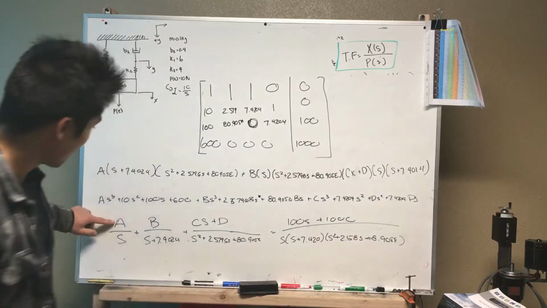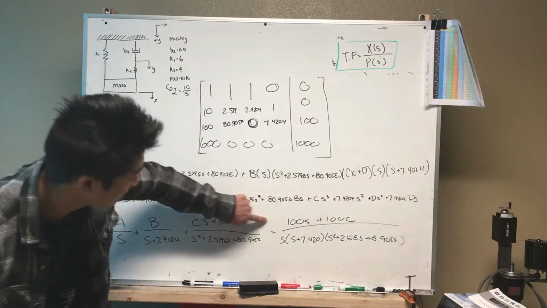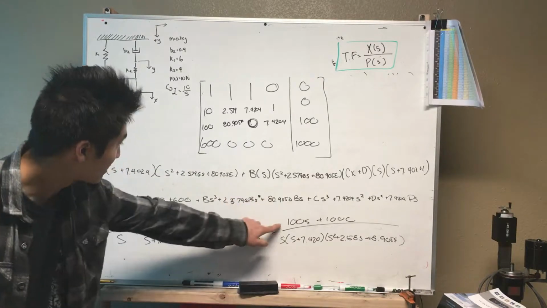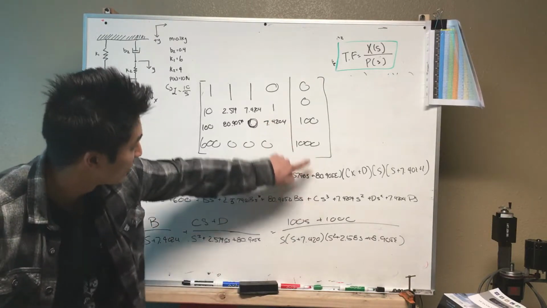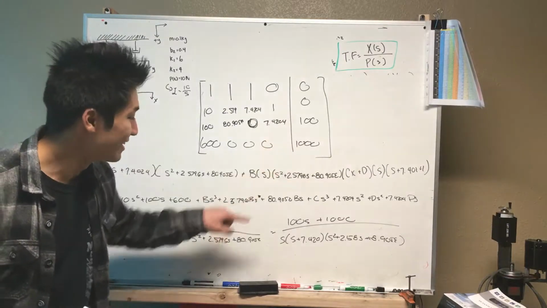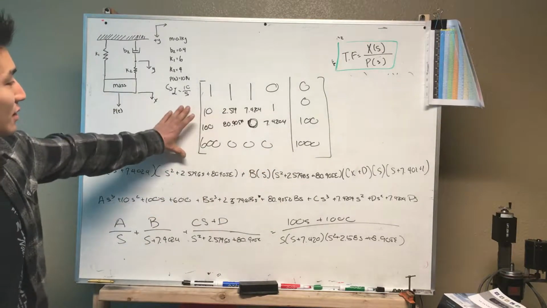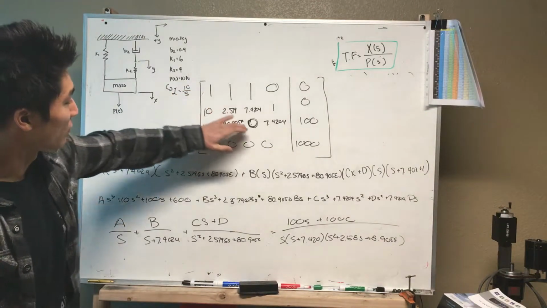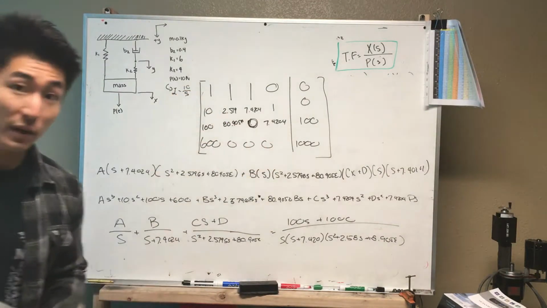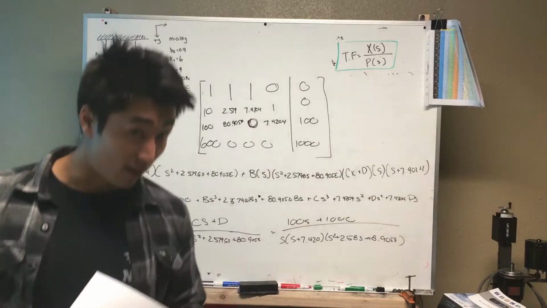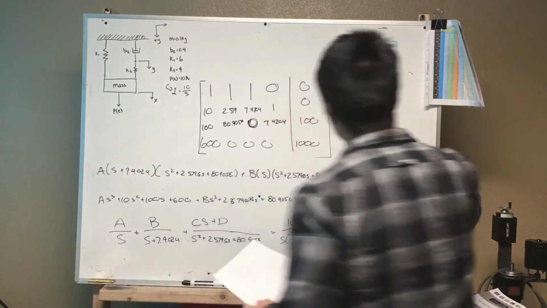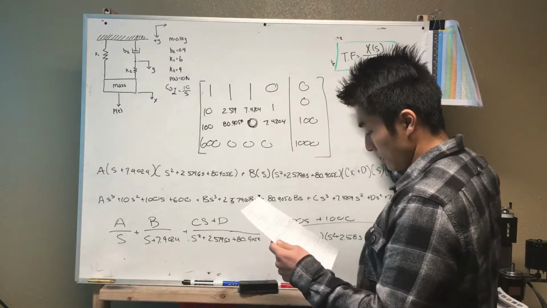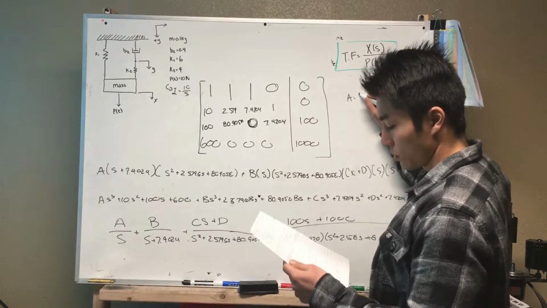So we want to find A, B, C, and D to make this here, and that's why S is 100, and then the 1's are 1000. We could do this the long way by making this 1, 1, 1, 1, but I'm going to spare you the time because it's going to take a lot of time, and just tell you that A came out to be